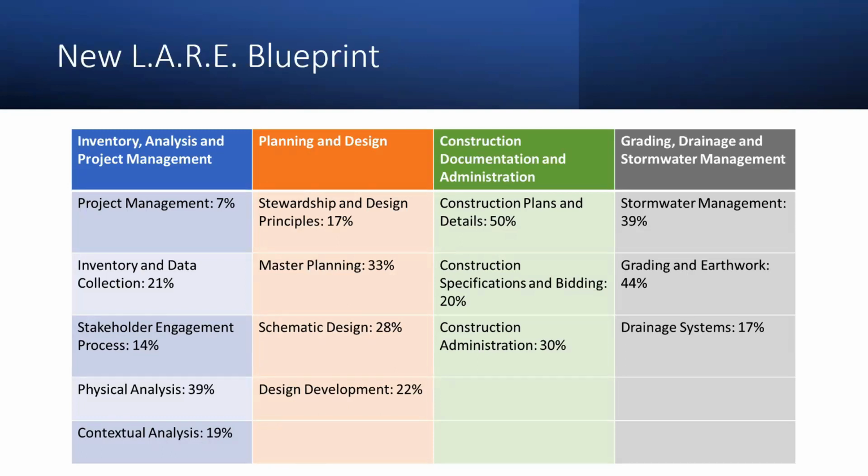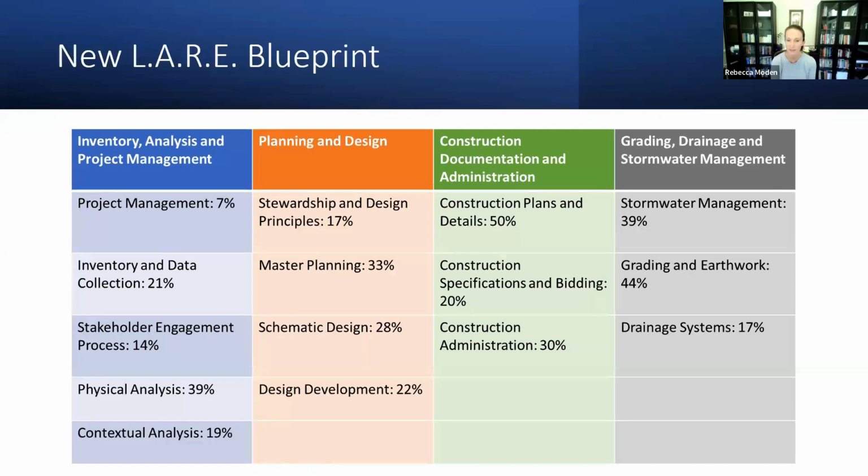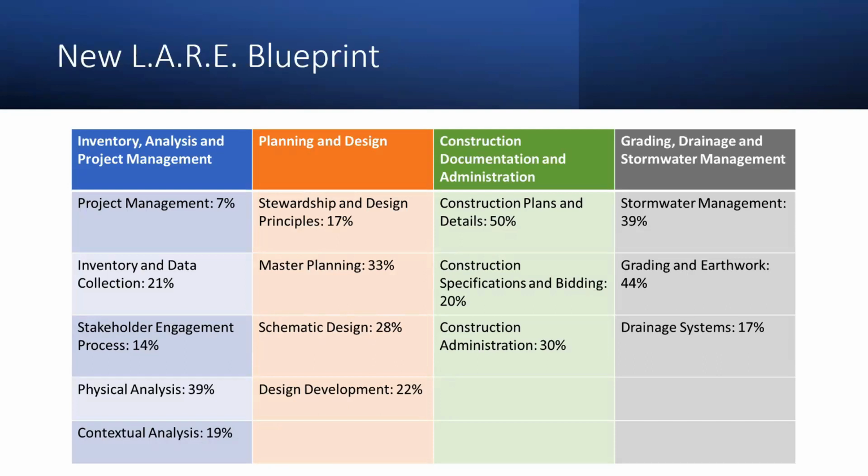Another one is just to confirm if one passes section 2 and 3 in August, those are valid going into the new plan, even if section 1 and 4 remain outstanding and needing to pass. That is correct. If you pass section 2, you get this blue section, inventory and analysis and project management. If you pass section 3, you get planning and design, regardless of what you've done on the other sections. Regardless, I guess, is the right word.